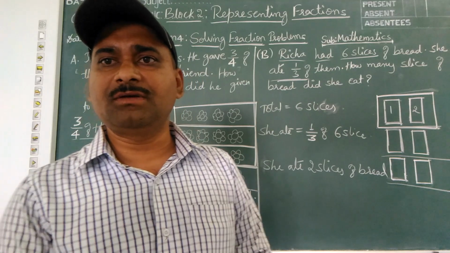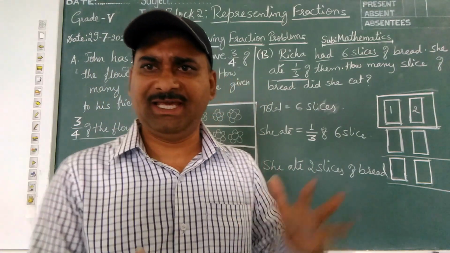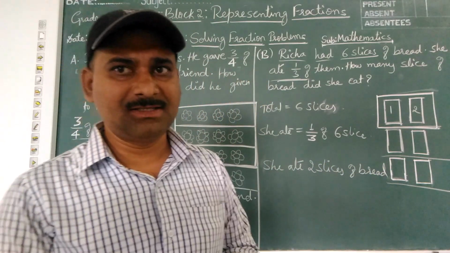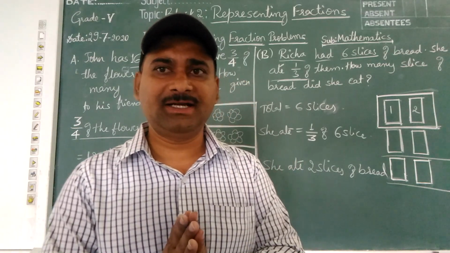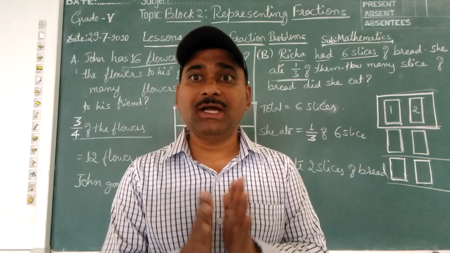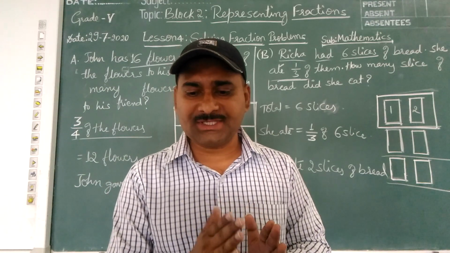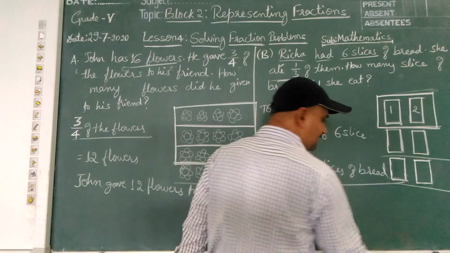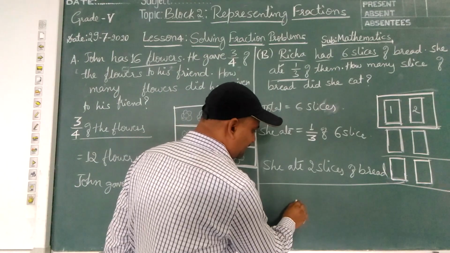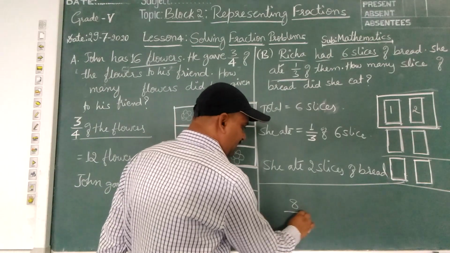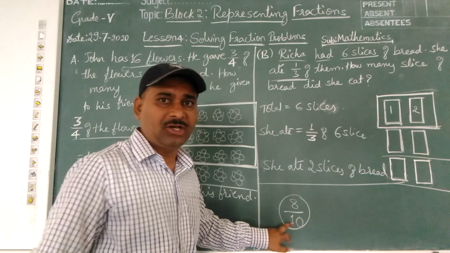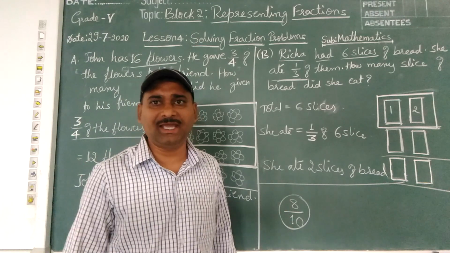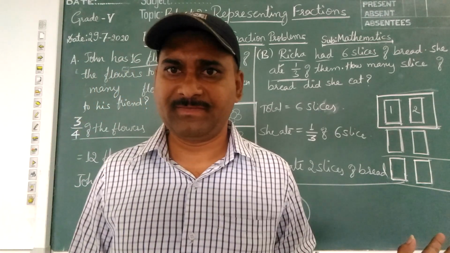Children, one more type of question you will find in the lesson that is much easier than this. For example, you got 8 marks out of 10. Test is conducted for 10 marks and you got 8 marks. How can you represent this in the form of a fraction? Simple, no? You got 8 marks. Total test is conducted for 10. Total will go to the denominator and the marks you got will go to the numerator. So in the form of fraction you will write 8 by 10. Such type of questions are there.